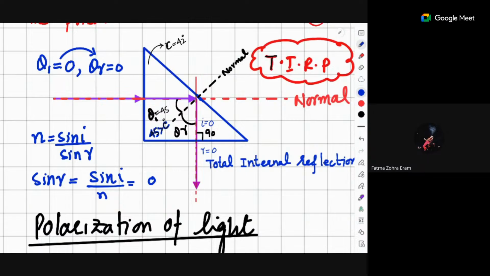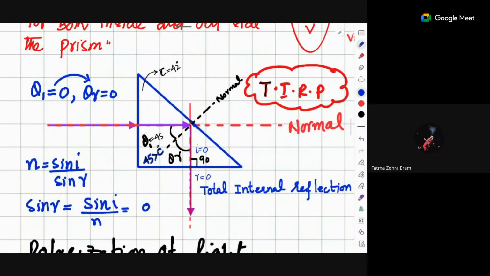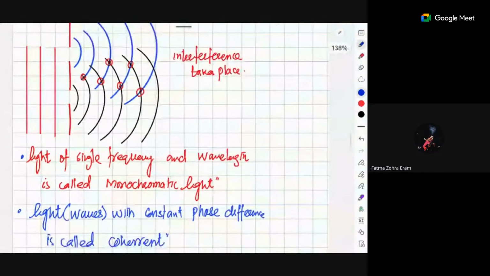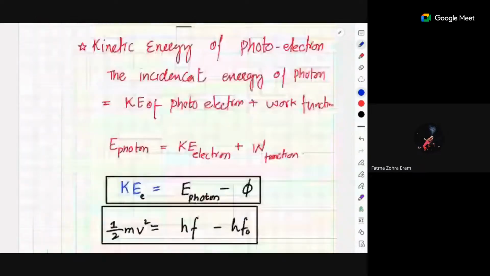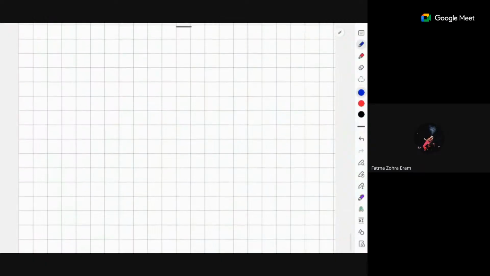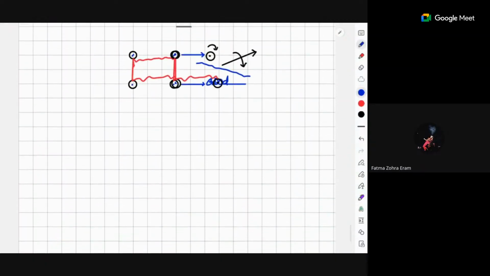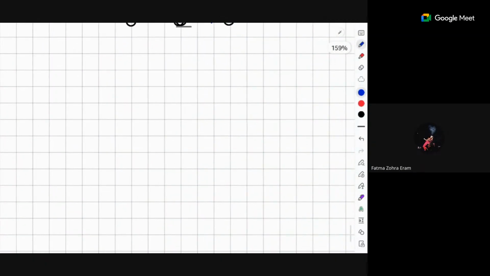No, sir. There are so many applications. For example, this mechanism is used in different ideas. Let me draw a diagram at the end of these notes for you. These TIRPs are used in different application areas. For example, binoculars, etc. So let me tell you, once you are going to prepare a